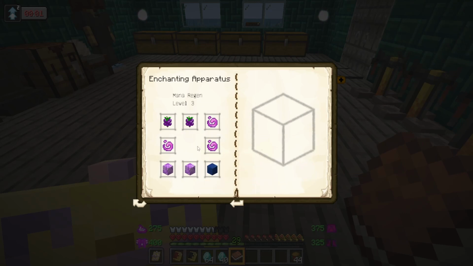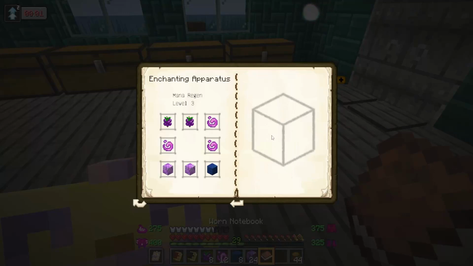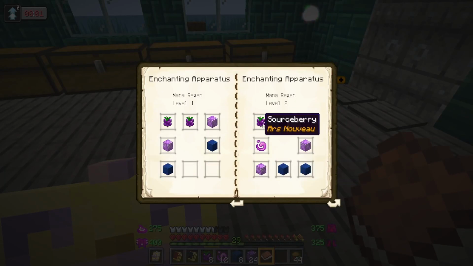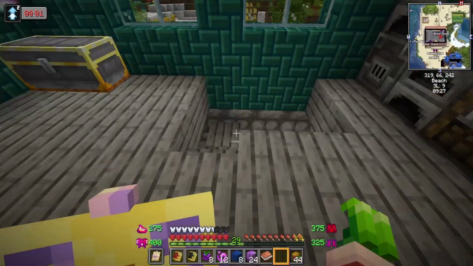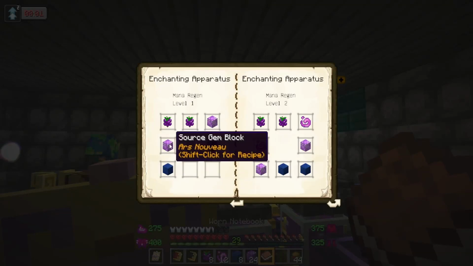So I'm going to gather all of these together and see what we can and can't put on what and where. I just did a little bit of extra reading. So to get Mana Regen 3, it actually has to have the previous level first. So to get Mana Regen 2, we need Mana Regen 1. So I kind of messed that up. Just, if you do this, keep that in mind. So Mana Regen 1 is...